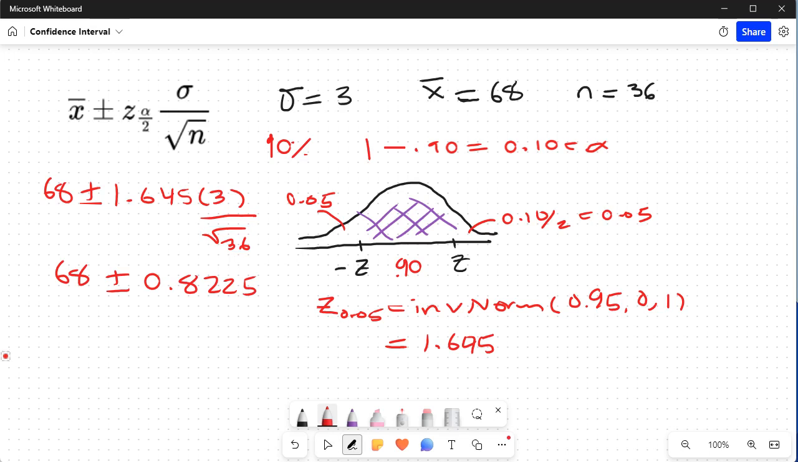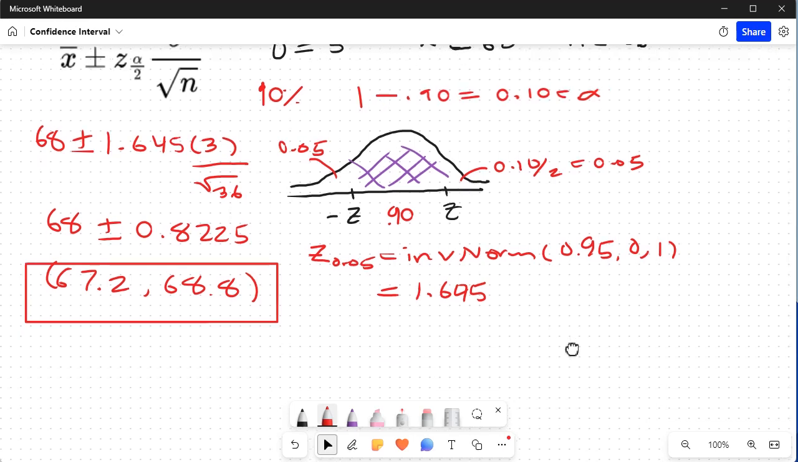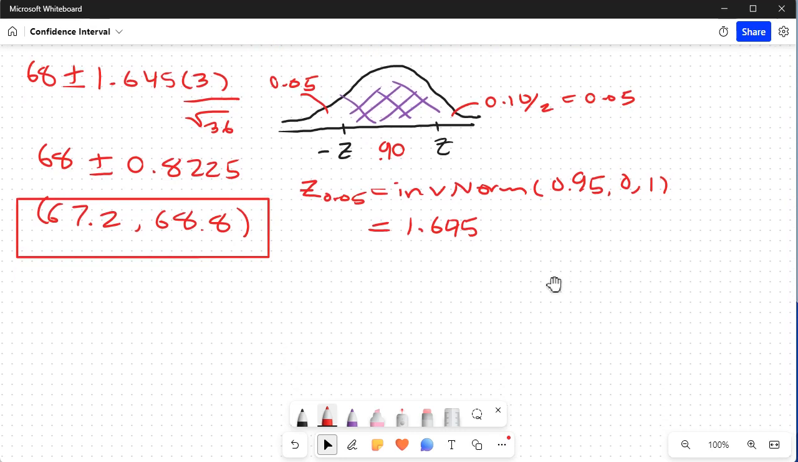So in doing that, we'll get 67.2, and if we add it, that's going to be 68.8, and here is basically our 90% confidence interval. And we see that essentially the mean lies somewhere in between here. But what if we wanted to increase the value of the confidence so that we could probably come up